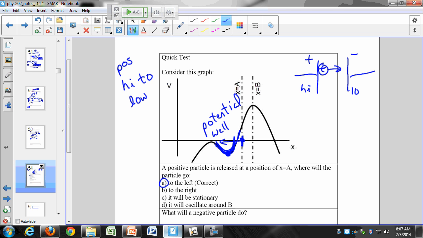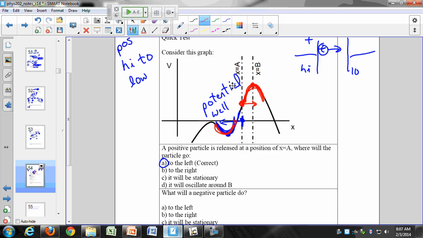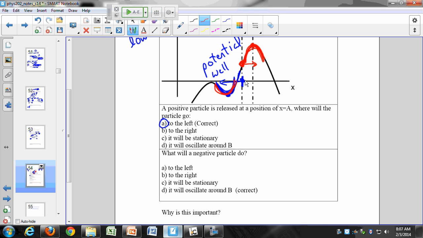All right. What happens if I put a negative particle right here? Right, it's going to move to the right. And in fact, when it comes up this potential and it moves to this position, what's it going to do? It's going to do exactly the same thing. So this looks like a well over here, but you can have the same thing over here. It's going to move back and forth, back and forth, back and forth. So a positive particle would move to the left.